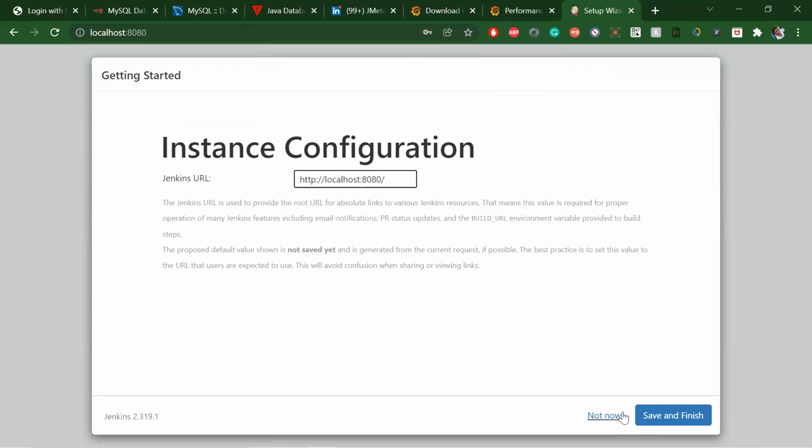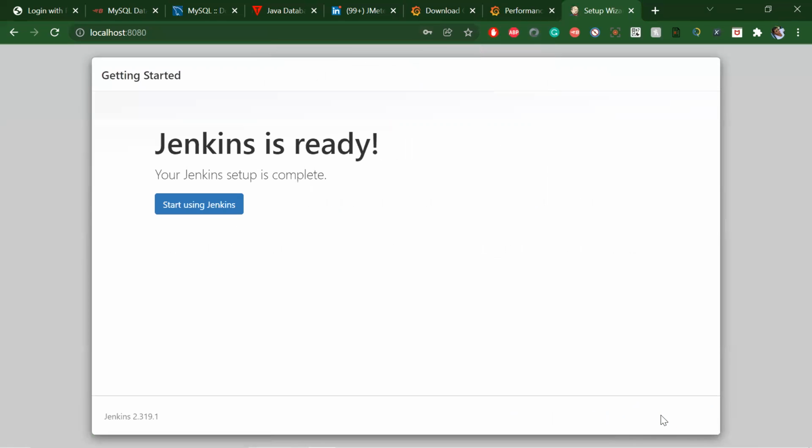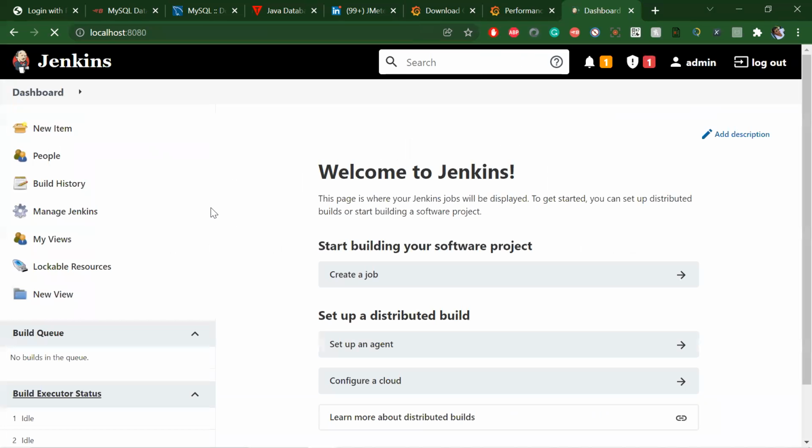Okay, so this is a URL host. So now Jenkins is ready, right? Now we need to trigger JMeter from Jenkins. That's the first aim. So it means if I give any system, it should automatically execute the JMeter. So now you need to look at how you can execute JMeter.